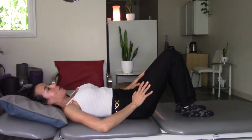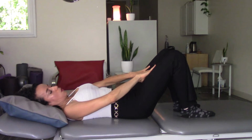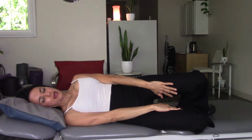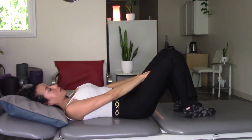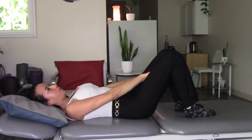Okay, now we're going to do number 3. So you're going to put your hands on the sides of your thighs, like here, in this position. With the elbows straight, the movement that you're going to do is,